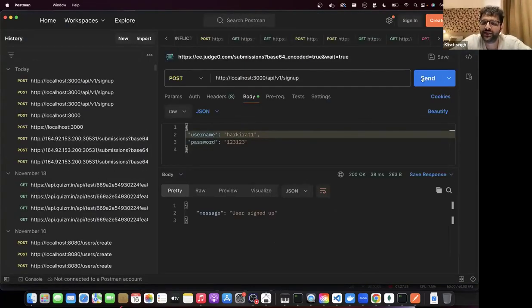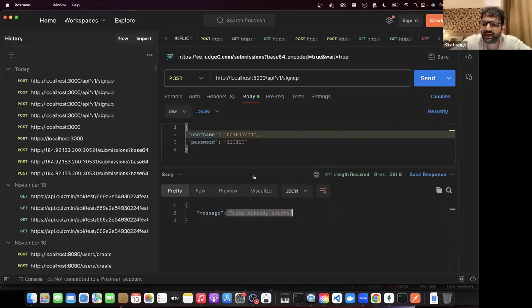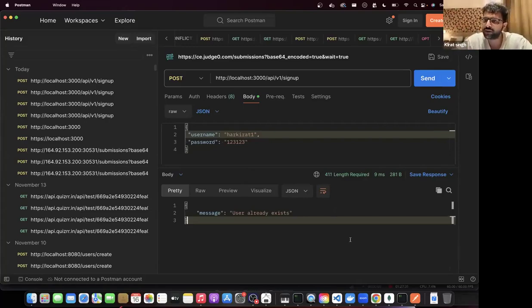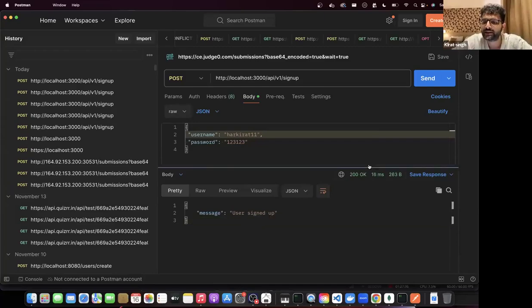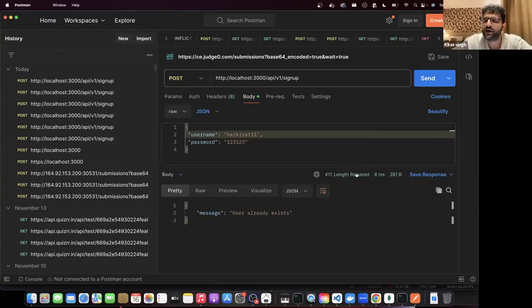Present हरकत 1, user signed up, send it again. It sends user already exists, gives me back a 411. यही तो चाहिए था. नोशन डॉक में यही तो लिखा था. स्टेटस कोड should be 200 if सब सही है. 200 अगर सब सही है, that is coming. अगर वो फट गया, 411 should be the status code. So sign up endpoint is working.